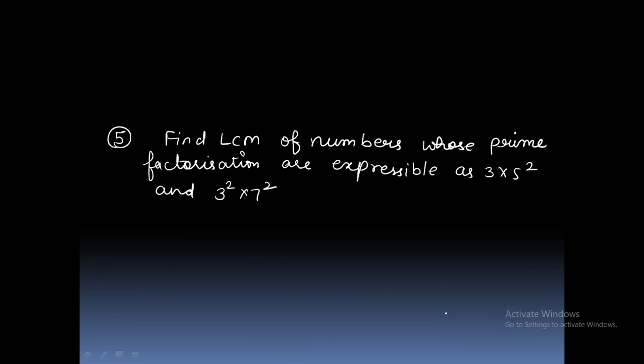Now next question is, find out the LCM of numbers whose prime factorizations are 3 multiplied by 5 raised to power 2, and 3 raised to power 2 multiplied by 7 raised to power 2. You can solve it. 3 multiplied by 5 raised to power 2. LCM of 3 raised to power 2 multiplied by 7 raised to power 2. You can take here